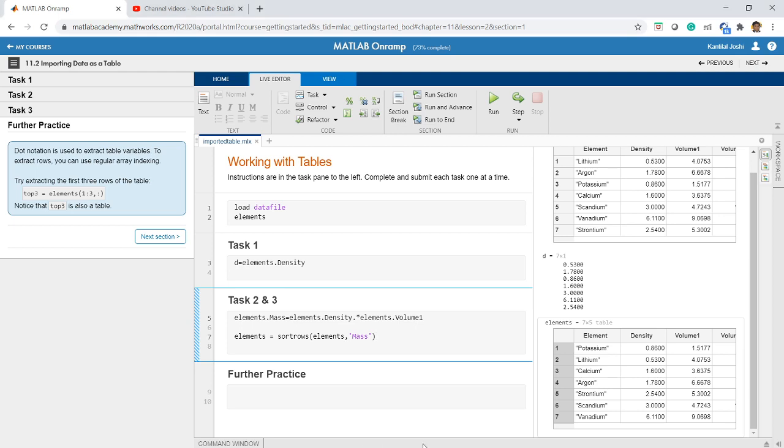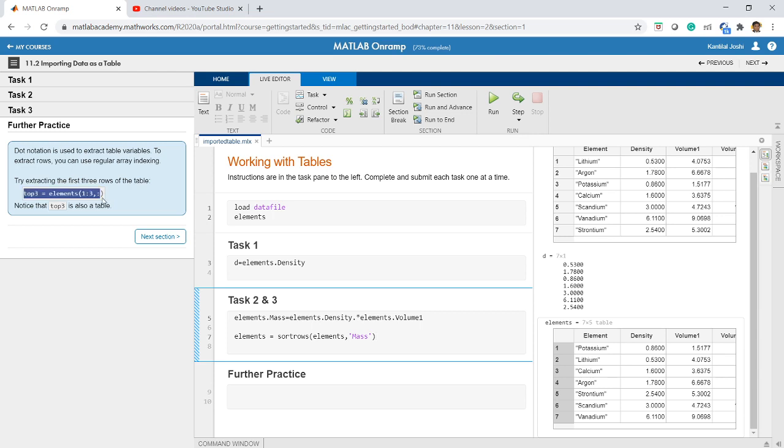Well, there must be a question coming into your mind that we can use the dot operator to extract a column. How do I extract a row? So to extract the rows, we can use the standard notation, that means the colon operator, etc. So for example, if you want to extract the first 3 rows of this matrix, you can simply use the command elements in bracket 1 colon 3, comma colon. 1 colon 3 means from first row to third row. Colon means all the columns, right? So the standard method like this can be utilized for row operations.